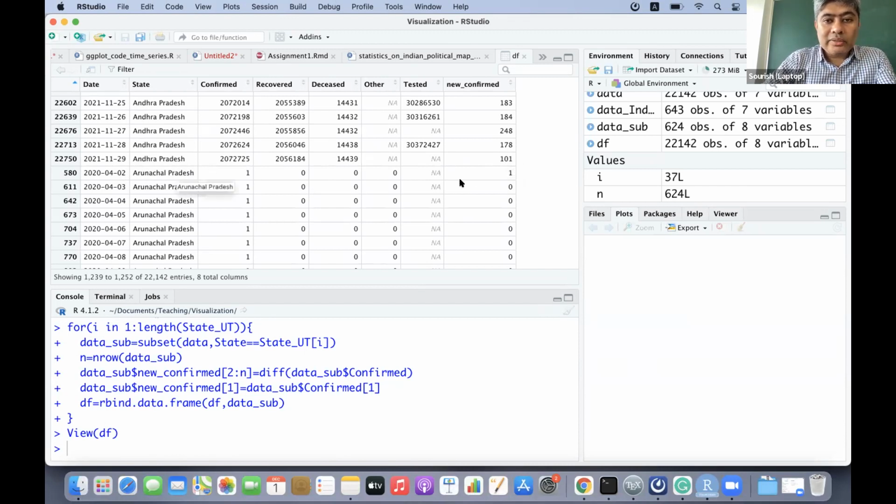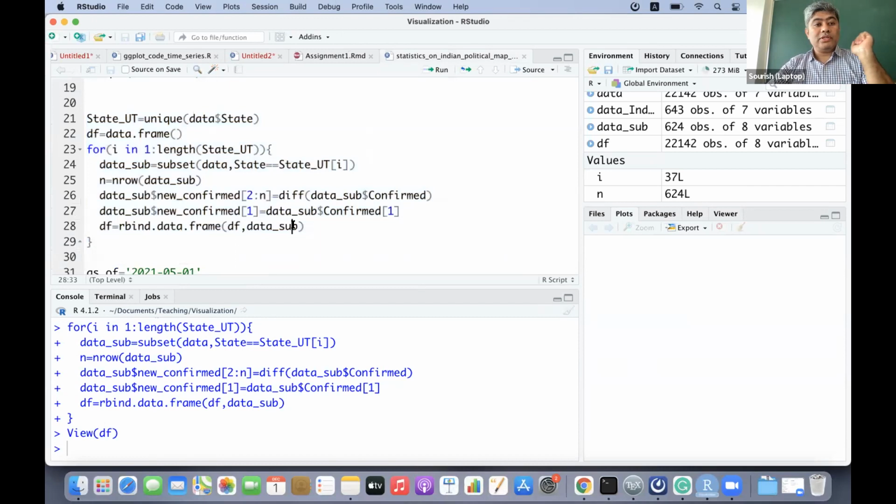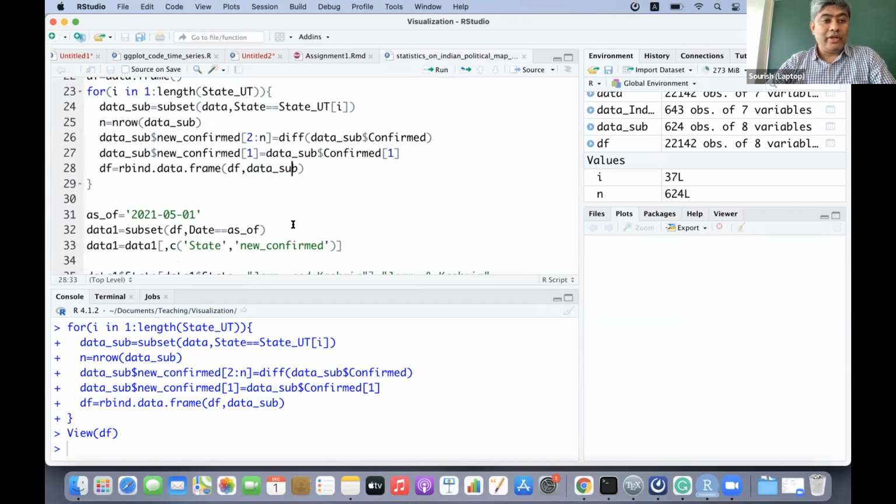And Arunachal Pradesh on 2nd April 2020 observed their first case. So that problem of taking consecutive differences we have now avoided.